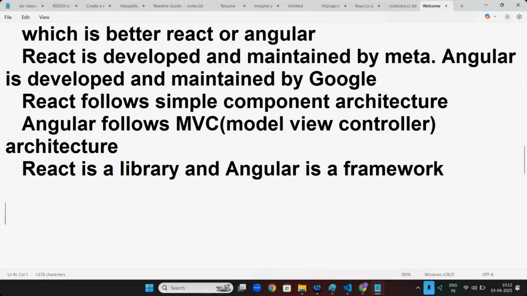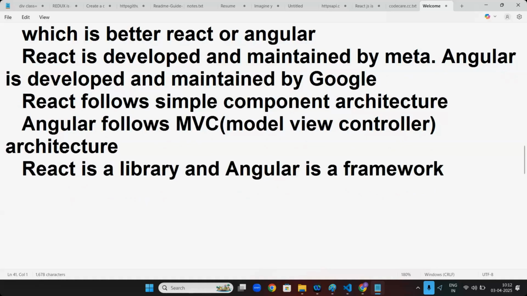For Java, React is not good; for Python, Angular is not good. There is no rule like that. Java people use Angular, and Java people use React also. What I told you is that for Java people, Angular is easy.